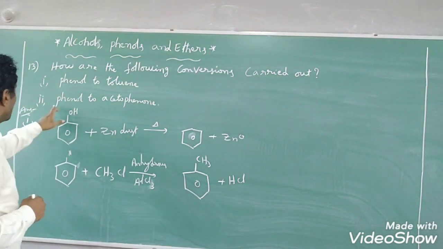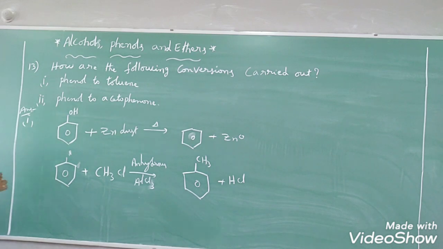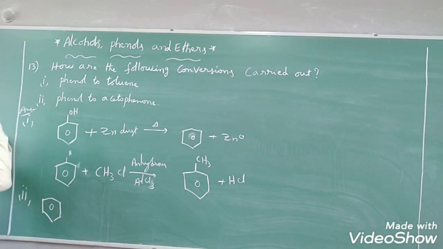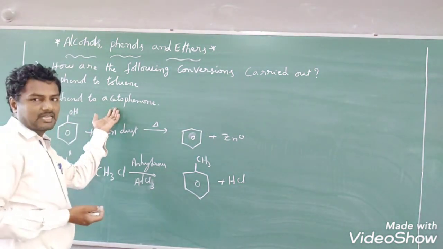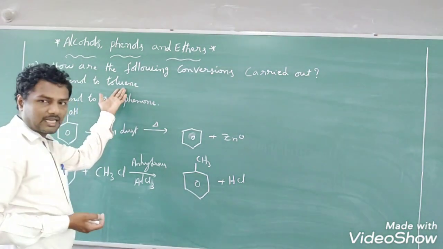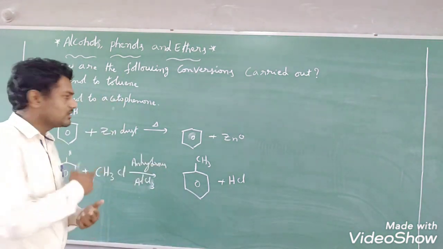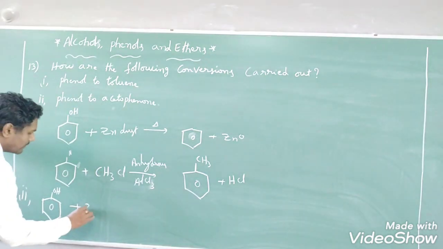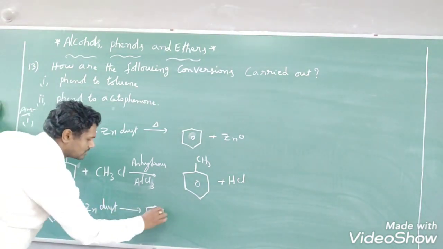In a similar manner, how do we convert phenol to acetophenone? We are going to discuss now. So the second one: whenever they have asked acetophenone, Friedel-Crafts acylation we have to apply, whereas for toluene Friedel-Crafts alkylation we have to apply. Whatever it may be, first phenol we have to convert into benzene only, right? So how do we convert phenol to benzene? Whenever phenol is treated with the zinc dust, it will be converted into benzene